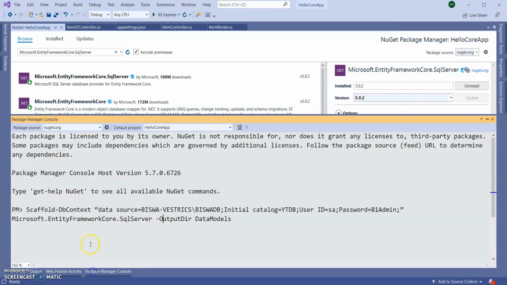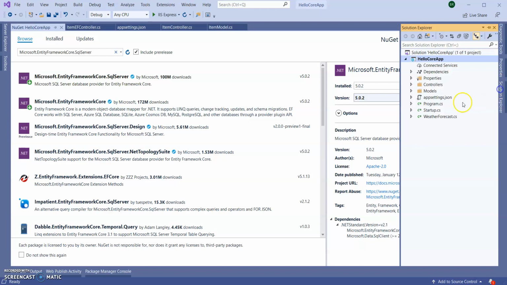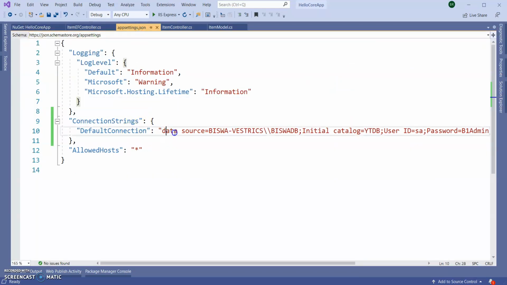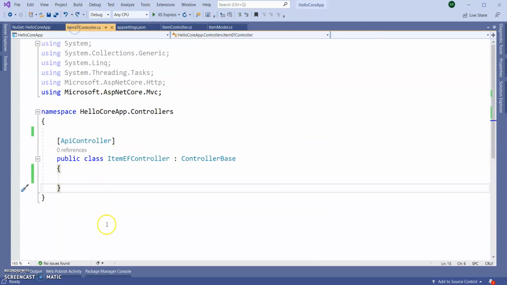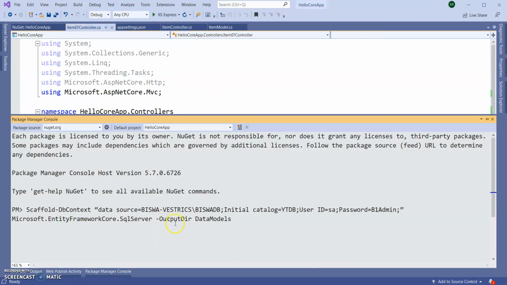Now if I run this command, it will create one Data Models folder with our context base. This is the connection string I am giving. In appsettings.json, I need to give a double slash, but in the Package Manager Console, no need to give a double slash. So this command scaffolds the complete database. Press enter.